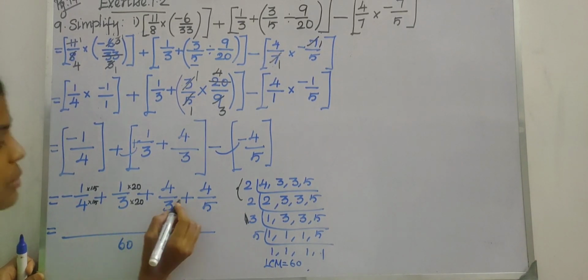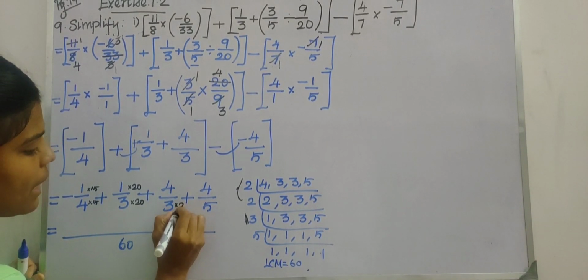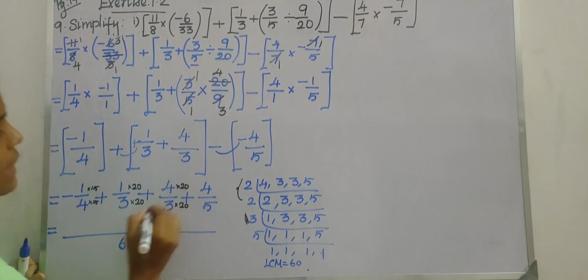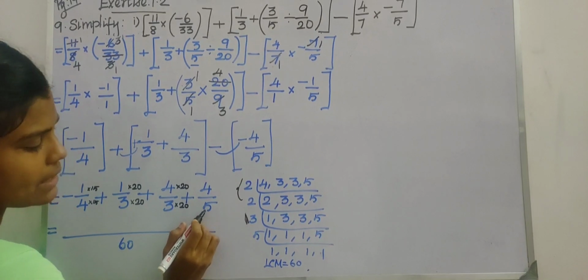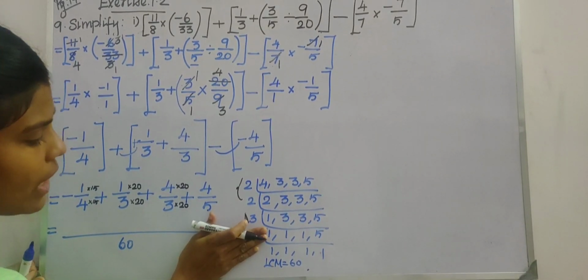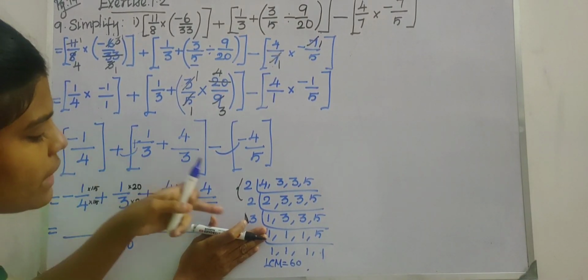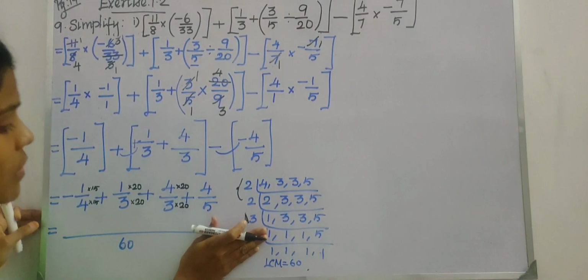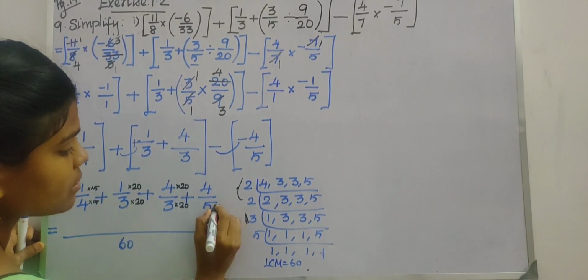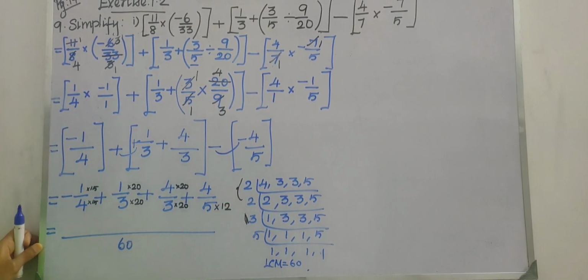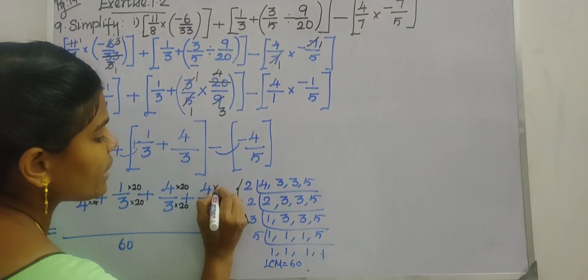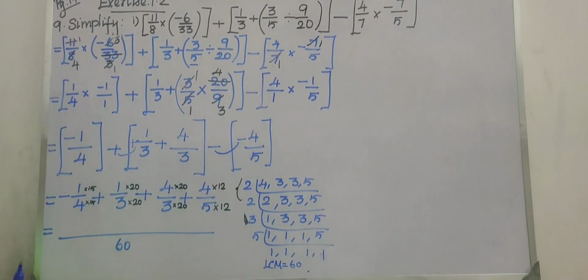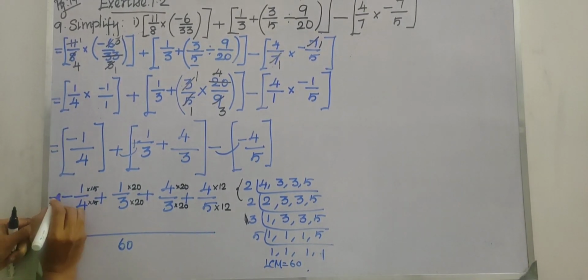Okay, and the next term is also 3, so we can multiply 20 in the numerator as well as in the denominator. Okay, children, and at the last we are having the denominator as 5, so just hide this 5 and multiply all other digits. 3 4s are 12, right? So you need to multiply 12 in the numerator as well as in the denominator. Okay, children. So now write the answer.